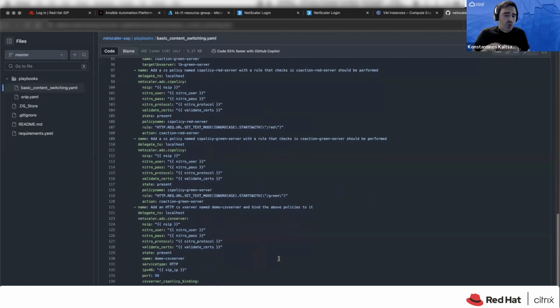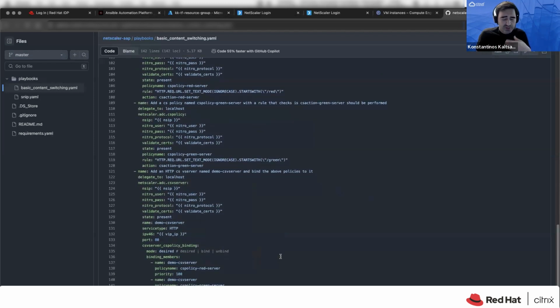And to be able to do all of this content switching and inform NetScaler through which IP all of these things need to happen, I need to also specify what is the VIP. So this is my VIP that I'm going to use. And also what are, let's say, the different servers that are going to be used and the different policies that are going to be used. So I'm basically creating a content switching virtual server and I'm binding all of the different rules that I have